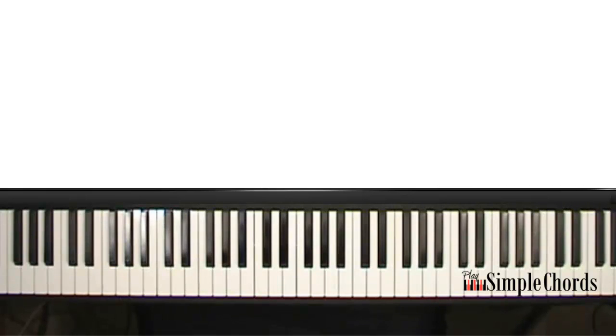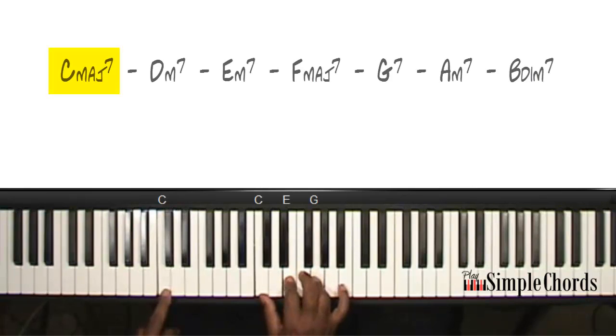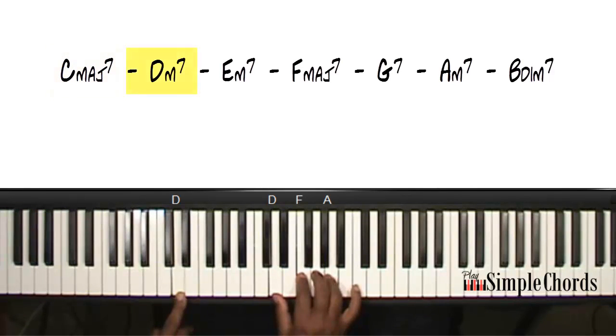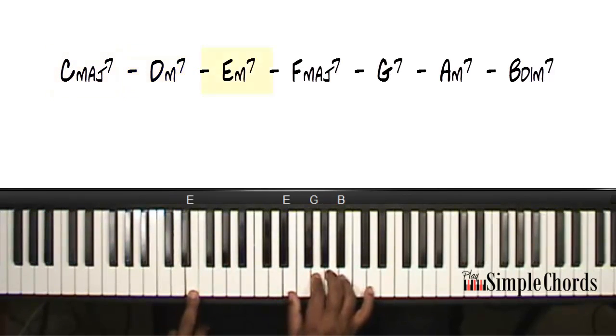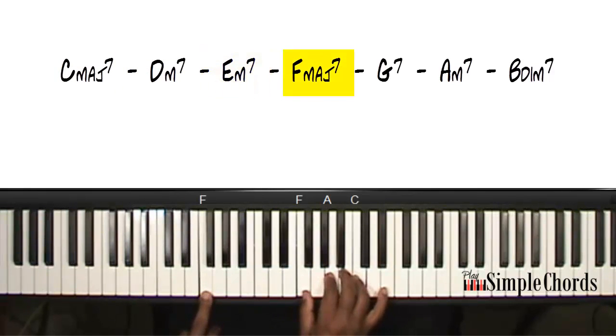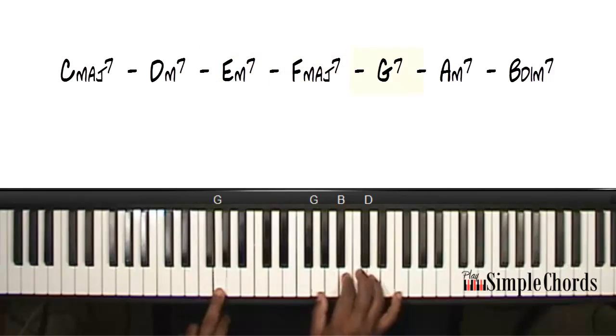In this video I'm going to cover the chords that are diatonic to your major scale. And we're going to use the C scale as an example. If you've played for a little bit, you know that there's chords associated with each note on the key. For example, in the key of C, C is a major chord, D is a minor chord, E, which is the third, is a minor chord, F, which is the fourth, is a major chord, G, which is the fifth,